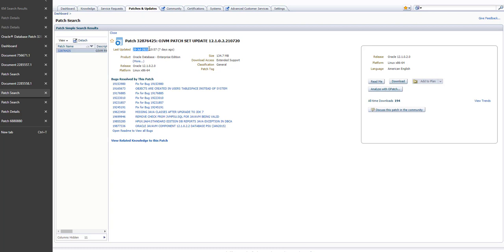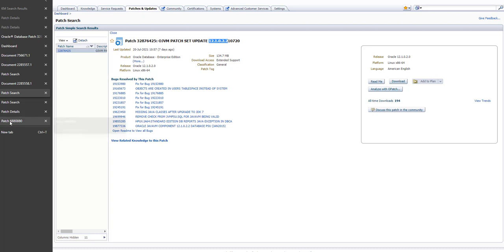This was released on July 20, and this is the OJVM Patch Set Update for database version 12.1.0.2. You need to download this also.